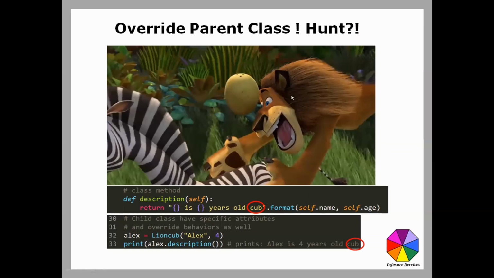Though the image here is like in the movie, there's one scene where Alex is a friend with the zebra, and they start a race. As they start the race, both of them run, but the lion doesn't catch up with the zebra. He doesn't know how to hunt either, right? So the zebra is faster, but at one point of time,